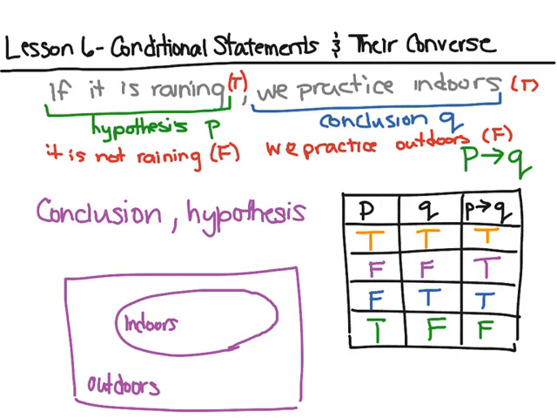When you're practicing outdoors, you know that it's not raining. It cannot be raining for you to be practicing outdoors. But when it's indoors, it could be raining, it could not be raining. It doesn't matter. You can practice indoors no matter what. So this is what a Venn diagram would be of